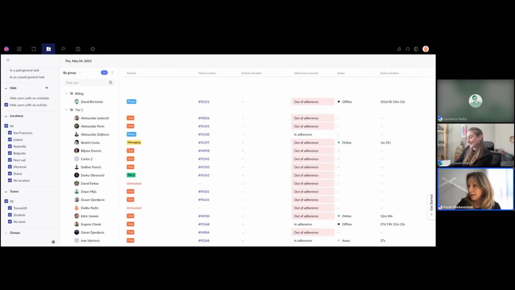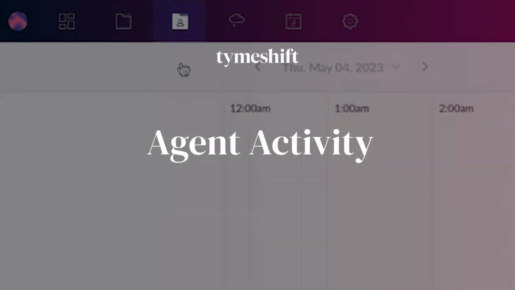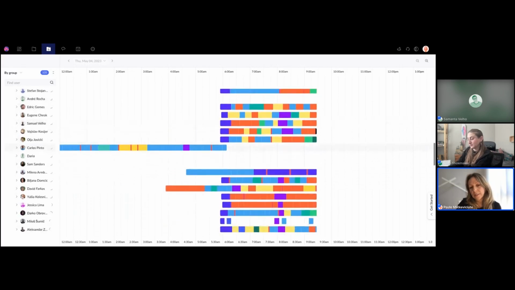Alrighty, moving on next to the agent activity. Just a quick note before we move here. Keep in mind that here in the agent statuses, the refresh rate is approximately 10 to 15, 20 seconds. So really, you will be able to see all the changes happening in real time. And all of these different snippets of activity will then be reflected in the agent activity feature. Yeah, there we go. So here you will have visibility of